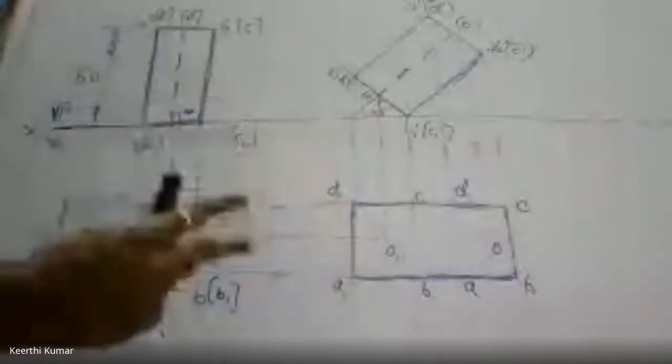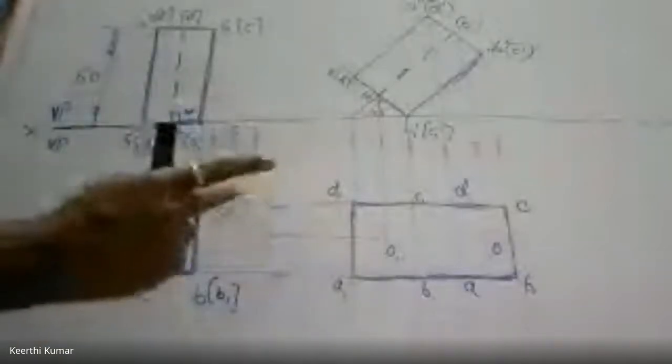D to A, we are connected with the projection line. But we should connect with the line. No, that is not done. This is not connected. So we should try to connect with the proper line. What is that? There are 2 types of line. One is visible line. One is hidden line. So all these are drawn with the thick line. It is called visible line. And hidden line, I'll show you how to draw.